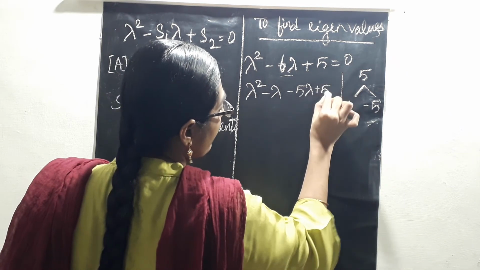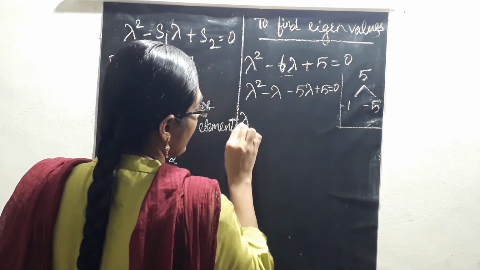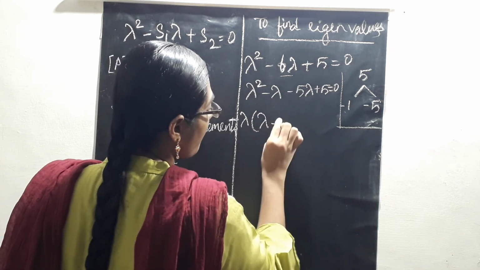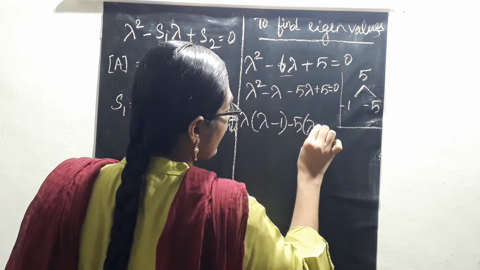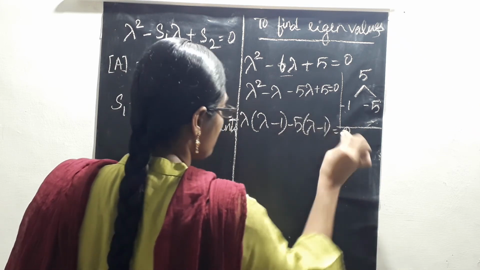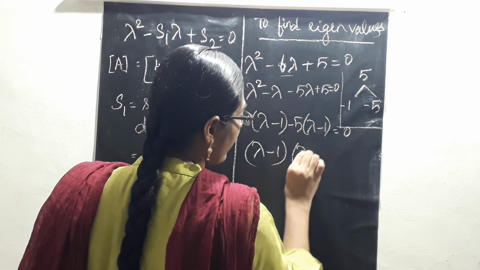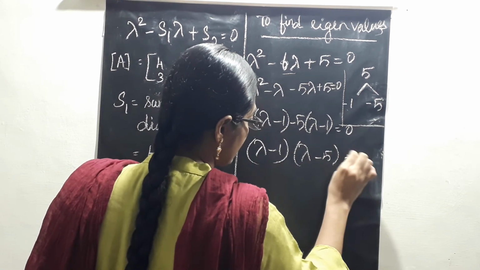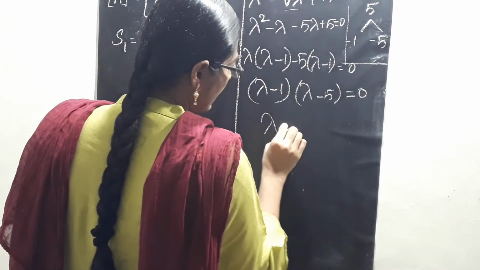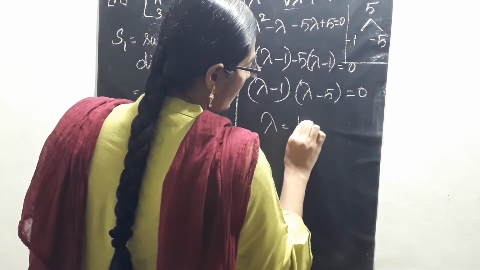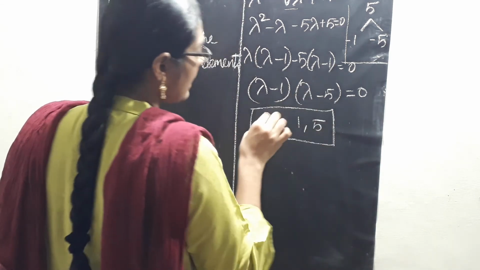Plus 5 equal to 0. Take lambda common, you will get lambda minus 1. Again minus 5 common, again we will get lambda minus 1 equal to 0. And lambda minus 1 into lambda minus 5 equal to 0. So if you equate these things to 0, you will get lambda equal to 1, 5, which are the necessary